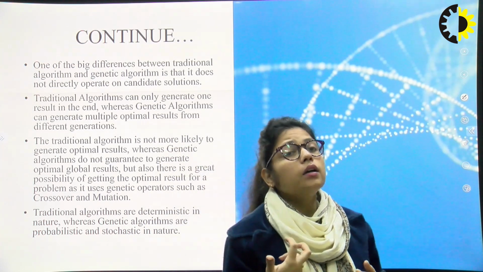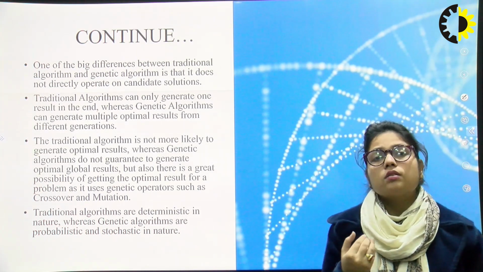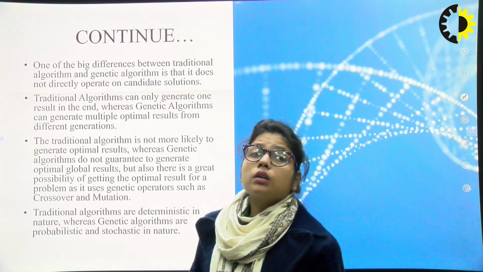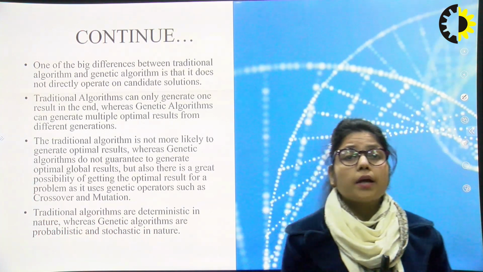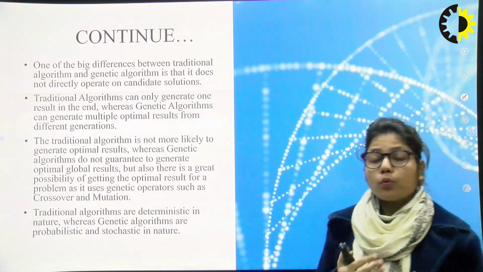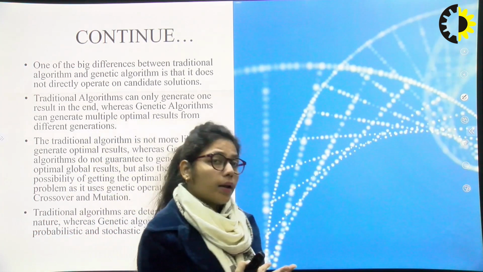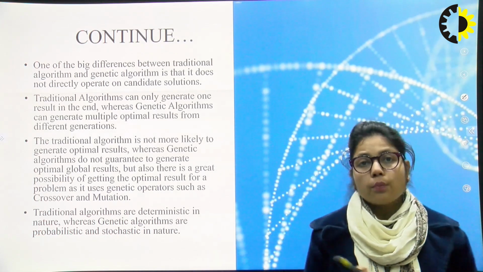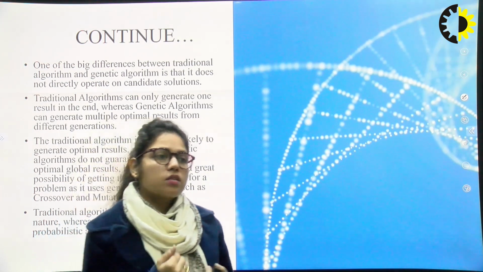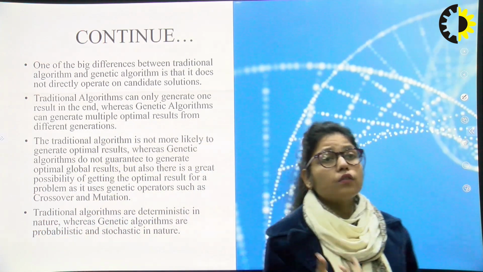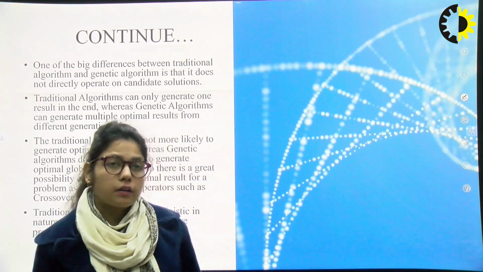Traditional algorithms are deterministic in nature, whereas genetic algorithms are probabilistic and stochastic in nature. Because of that, a genetic algorithm is much better to apply, but only on complex problems, because if we apply it on simple problems, it will waste our time, our effort, our money, everything. On simple problems we need to calculate the fitness function repeatedly,